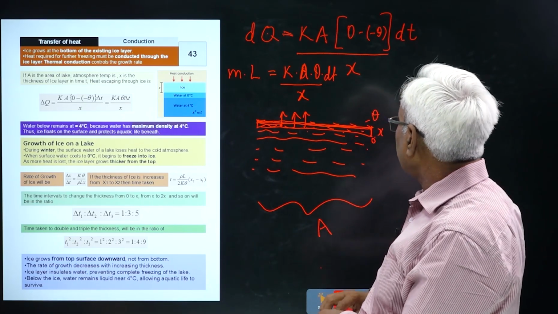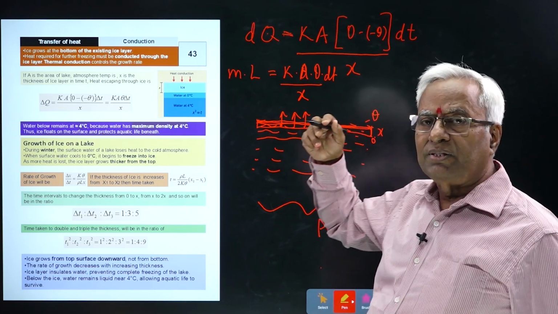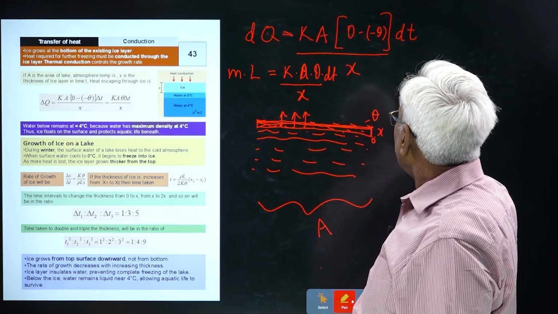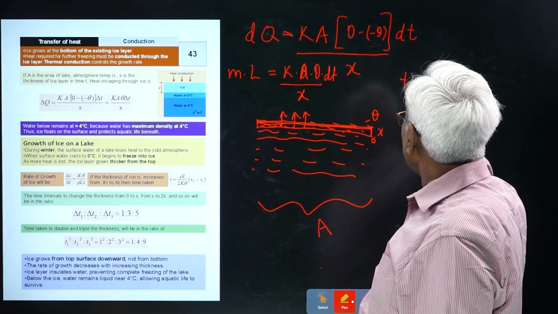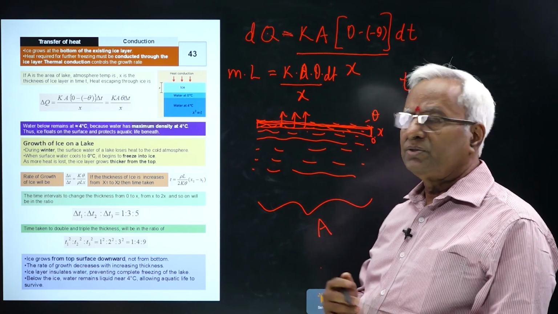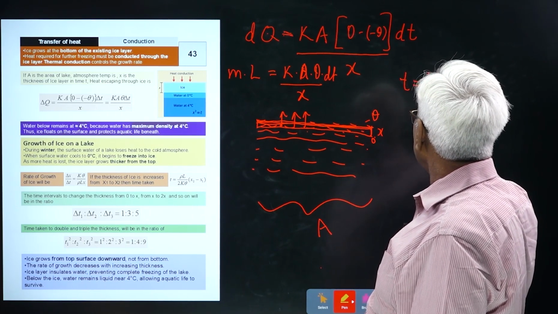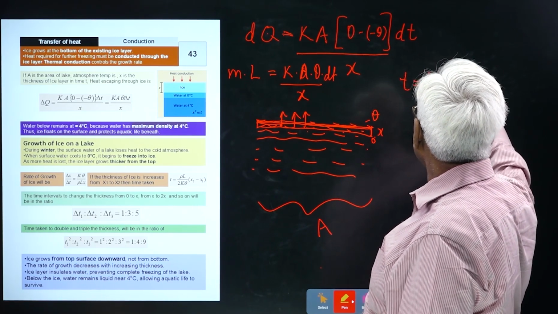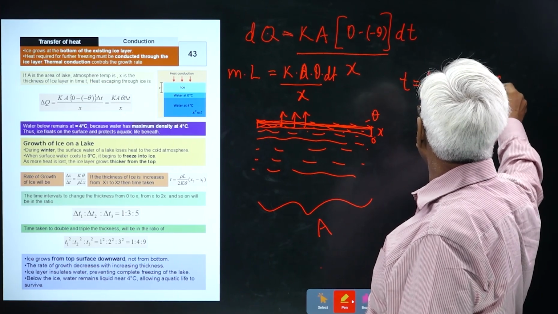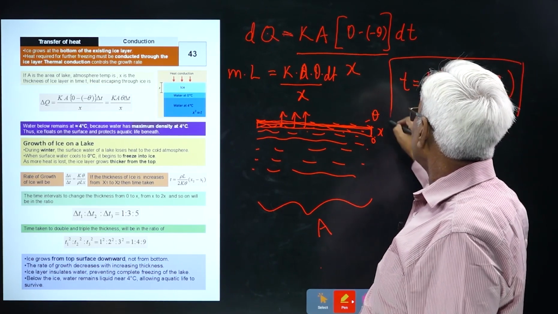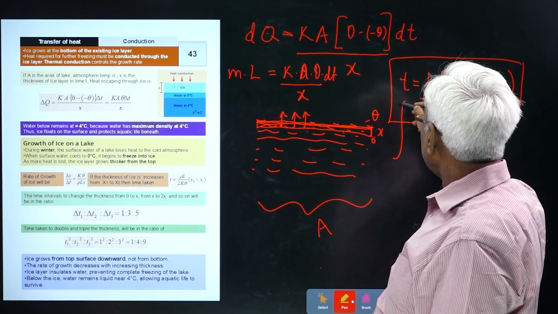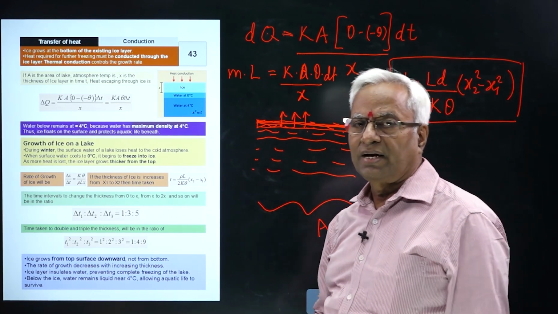The rate of formation decreases with the increase in thickness, and the time taken for the change of ice thickness from x1 to x2 will be given by t equals L d upon 2 K theta, into (x2 square minus x1 square). Here t is the time taken in the change of thickness of the ice layer